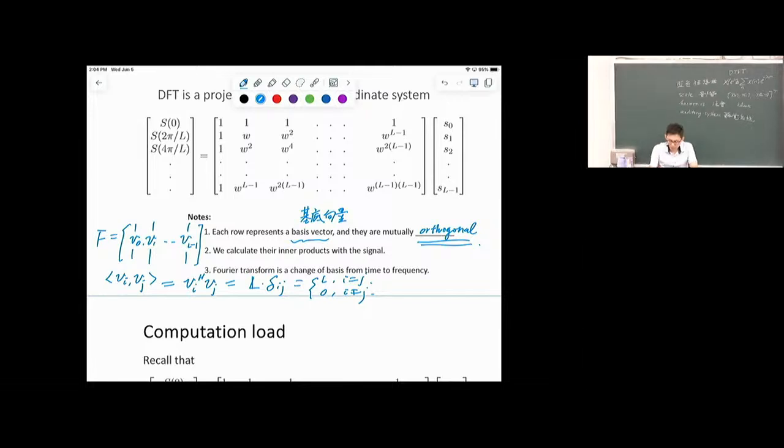Okay, so this is note number one for my slide right here. Note number one, the columns are basis vectors and they're orthogonal. And we basically calculate their inner product with our signal right here. The signal is a column vector, and our basis vectors are all column vectors, right? So what happens when we perform inner product? So what's happening right here is that F times S equals basically